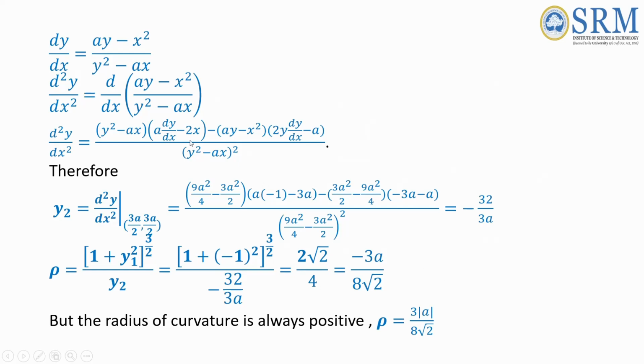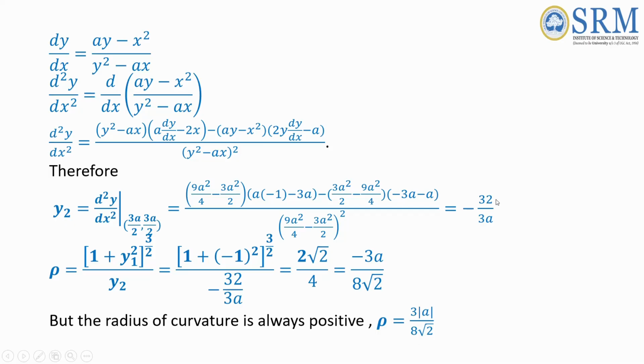dy by dx equal to (ay minus x square) upon (y square minus ax). Then to find the second derivative, you differentiate this expression again with respect to x. That gives the formula d square y by dx square equal to this expression. Then after replacing x equal to 3a by 2 and y equal to 3a by 2, we are getting